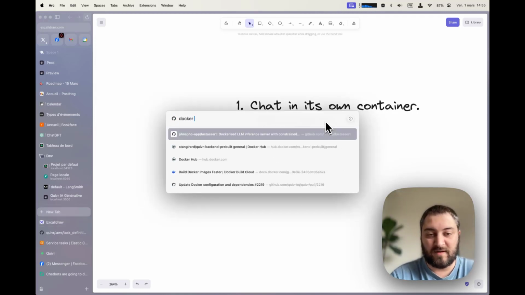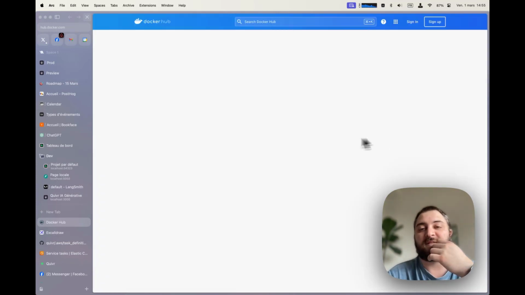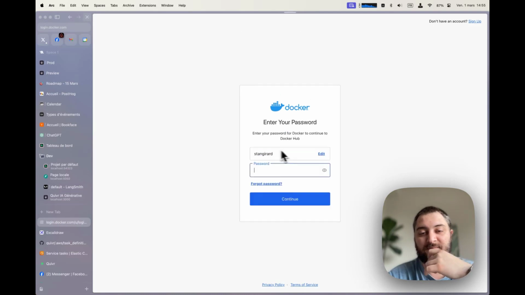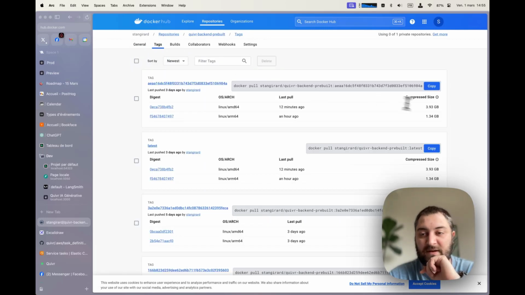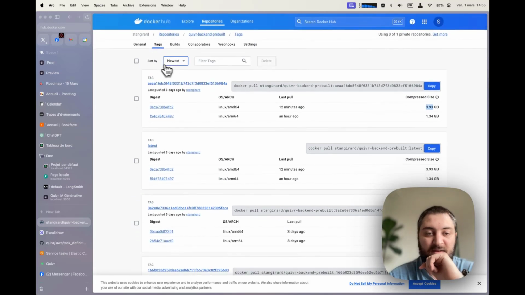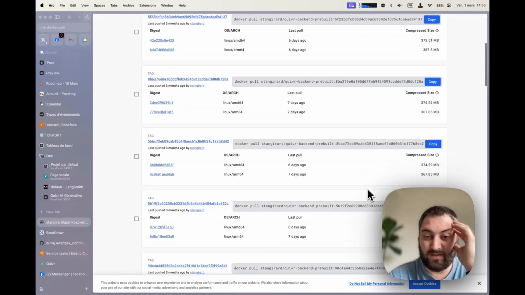So for example, if we go to Docker, you can see here, on ARM it's smaller, but it's 3.3 gigabytes. And if we look at the oldest one, it used to be only 333 megabytes.